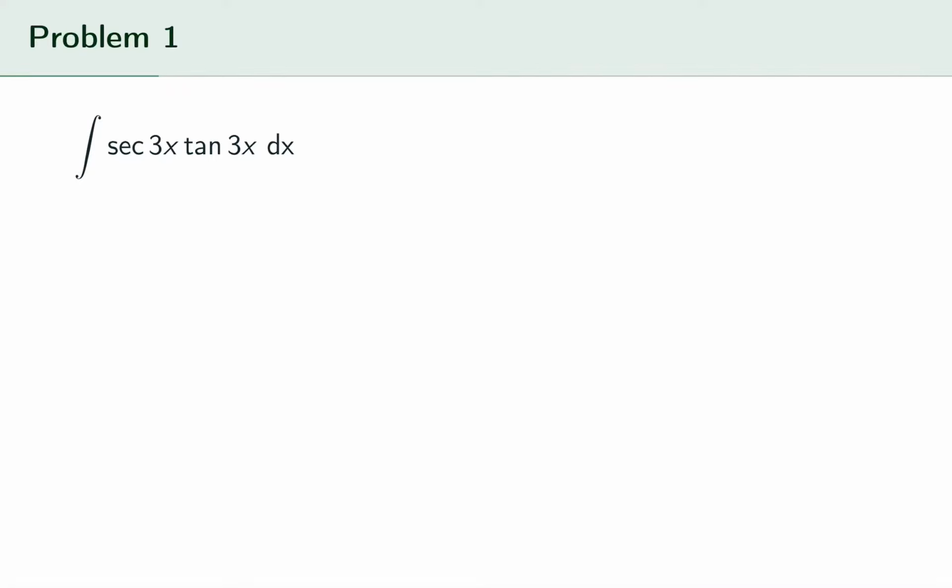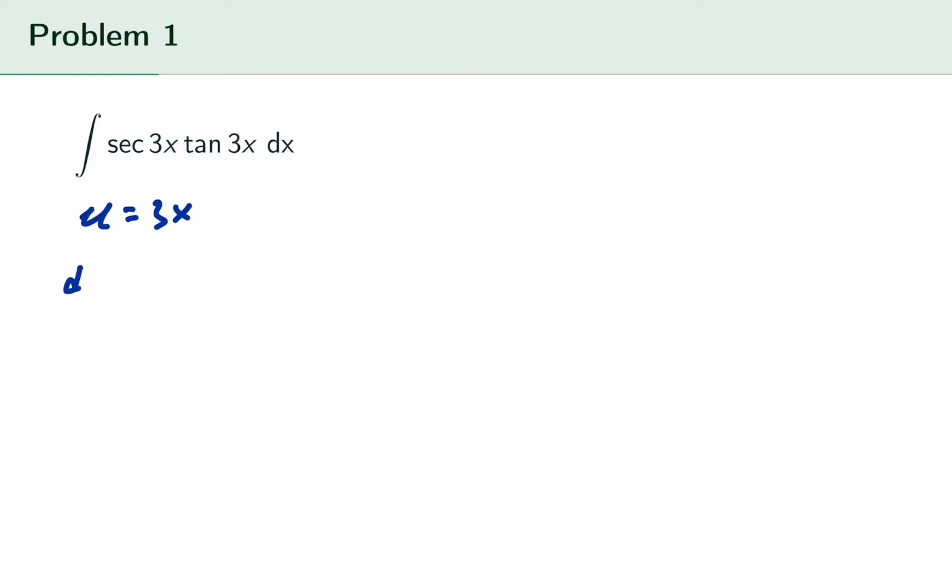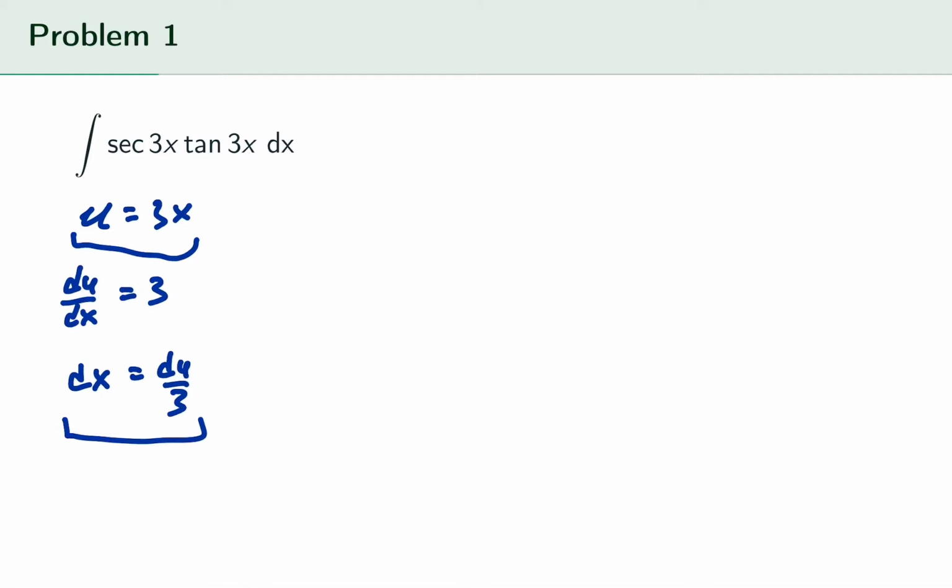The first problem, take the indefinite integral of secant 3x tangent 3x dx. So for this, we let our u be 3x, then du/dx equals 3. Then dx is du over 3. So let's substitute using these two. Then we get